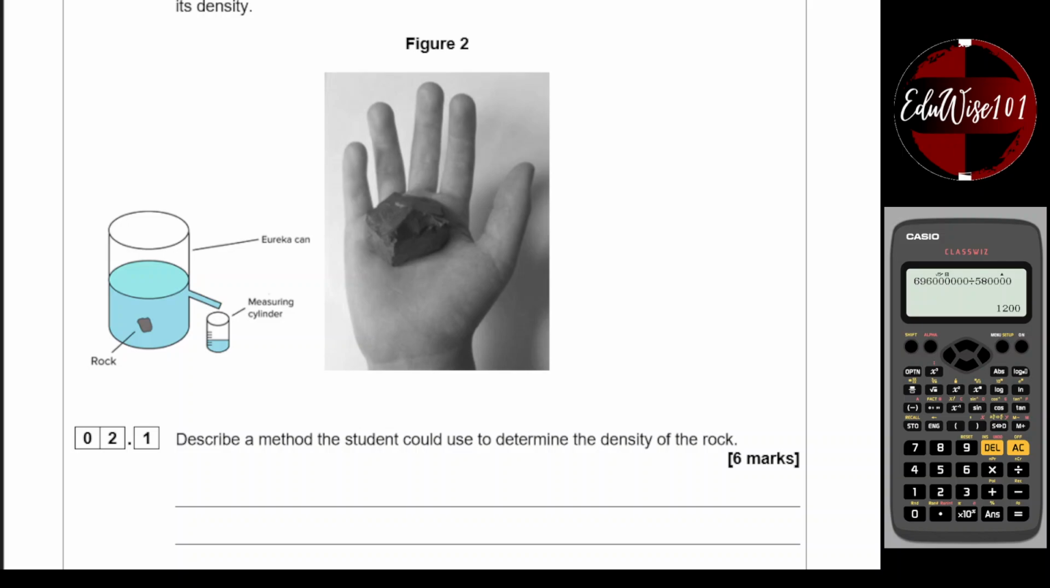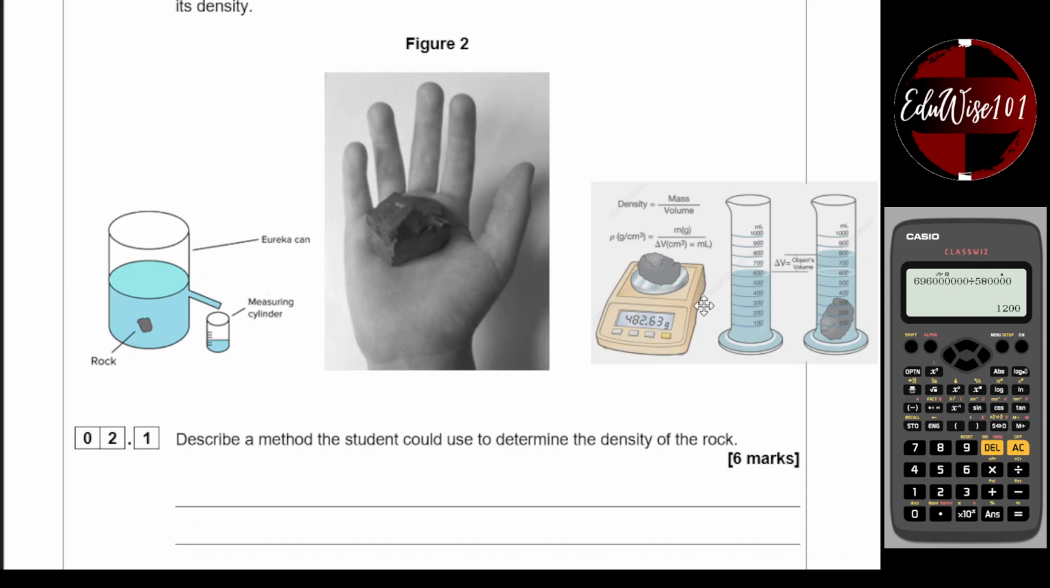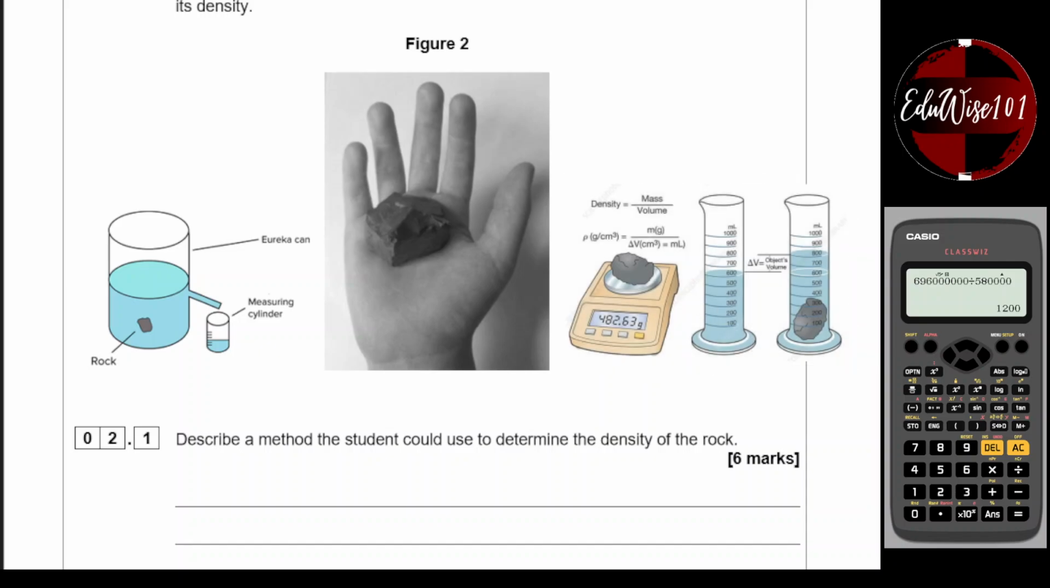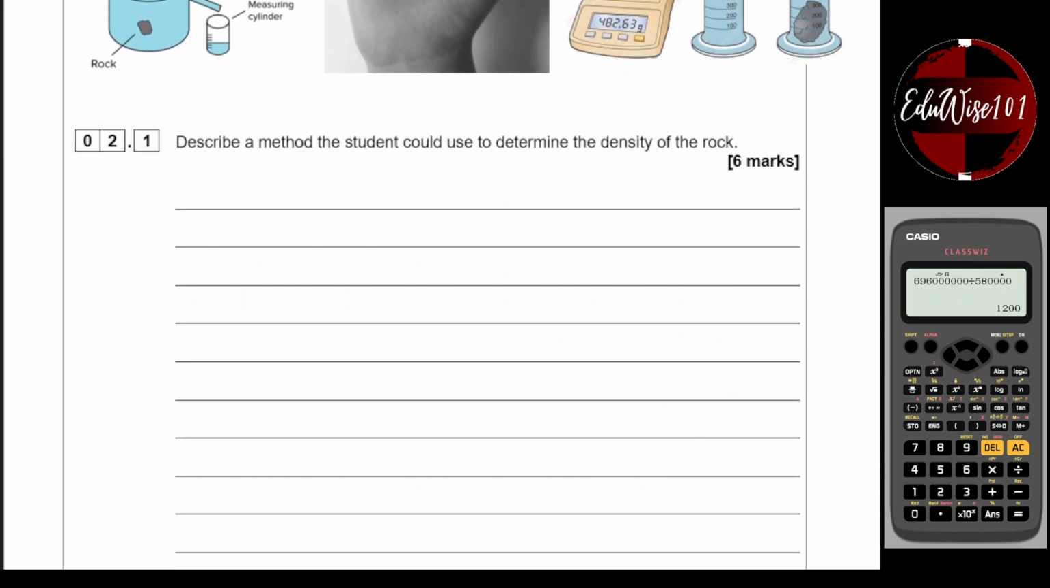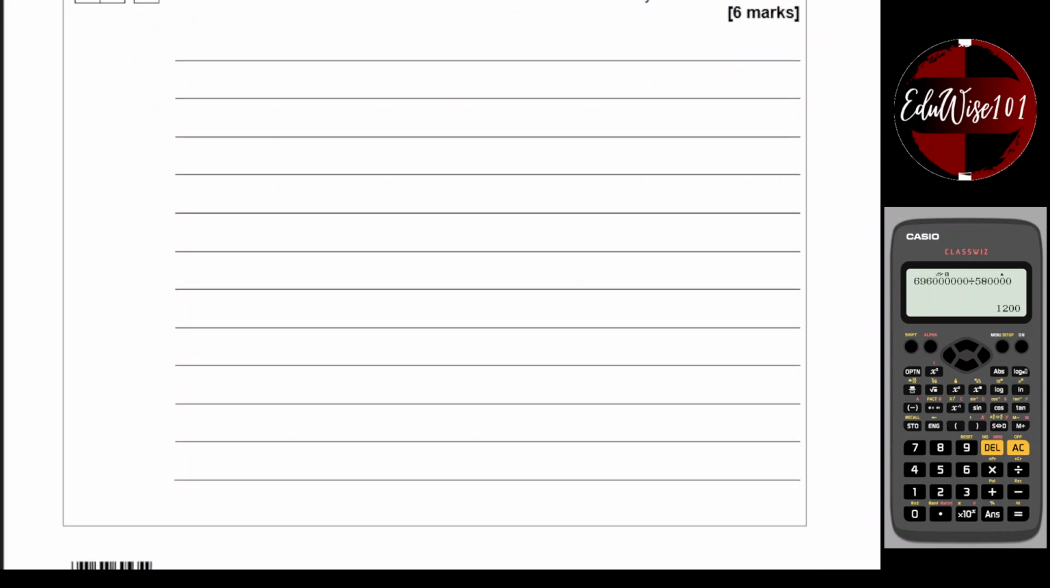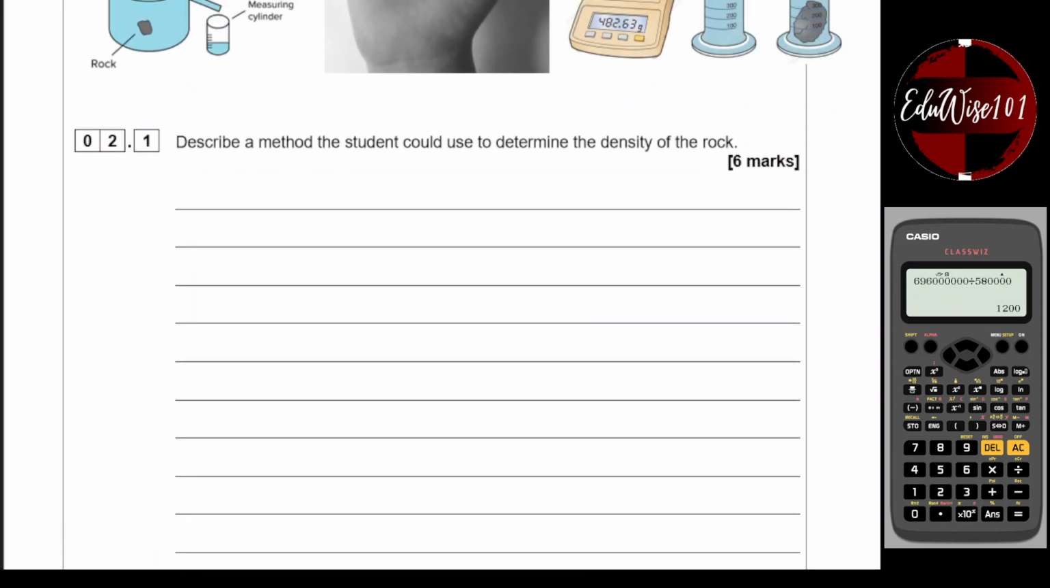If you're using a measuring cylinder, here's an example of a diagram. So you would fill the measuring cylinder halfway up with water, record the volume, and then place the rock inside it and find out the difference in the volume of the water. So how do you write this? The answer for this question, for 6 marks,